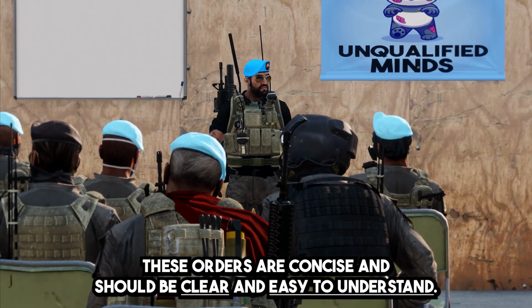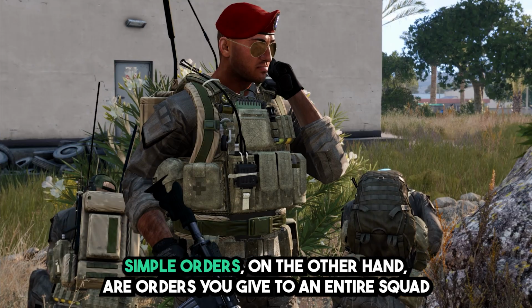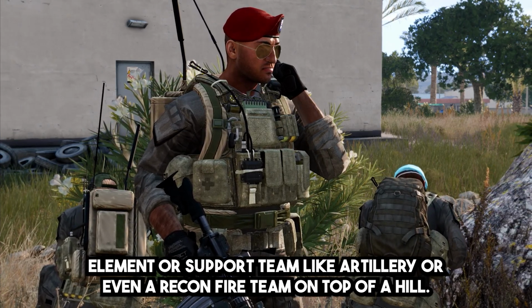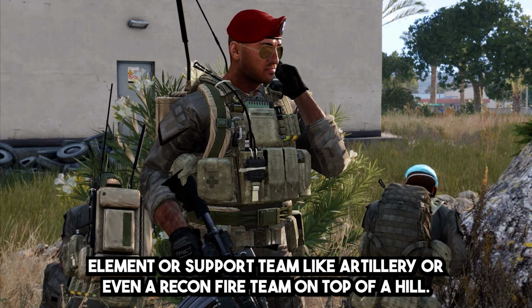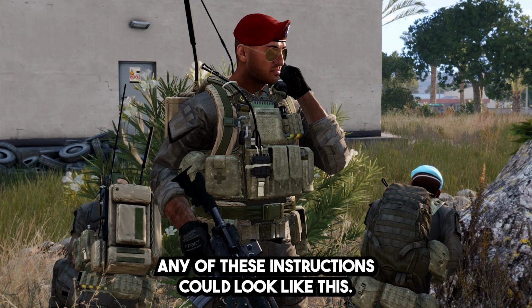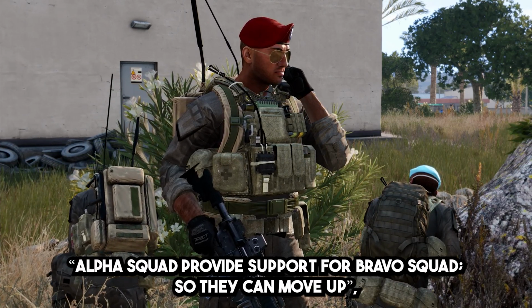These orders are concise and should be clear and easy to understand. Moving on, simple orders. Simple orders, on the other hand, are orders you give to an entire squad, vehicle element, or support team, like artillery, or even a recon fire team on top of a hill. And any of these instructions could look like this: seize that village, lay mines on that road, Alpha Squad, provide